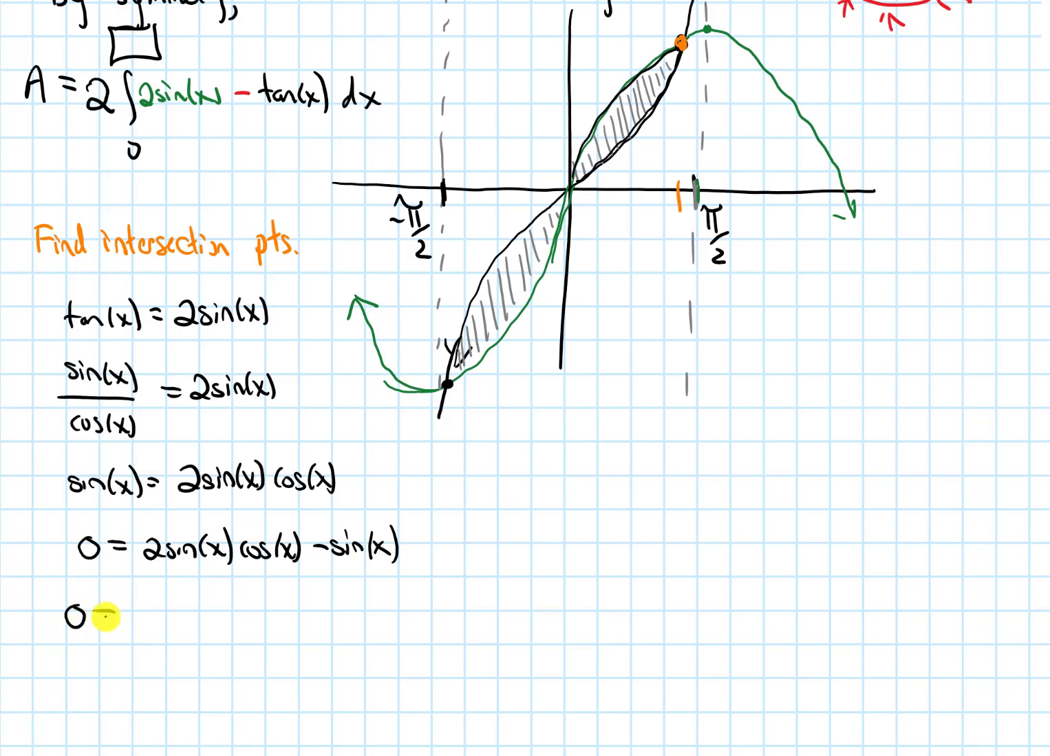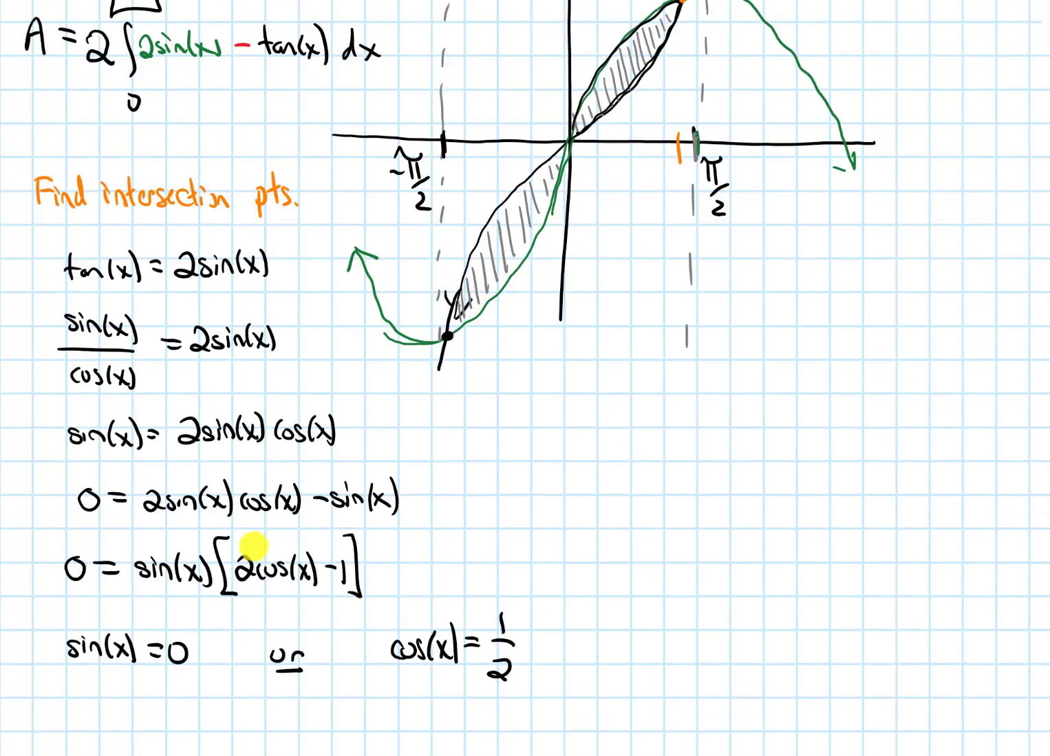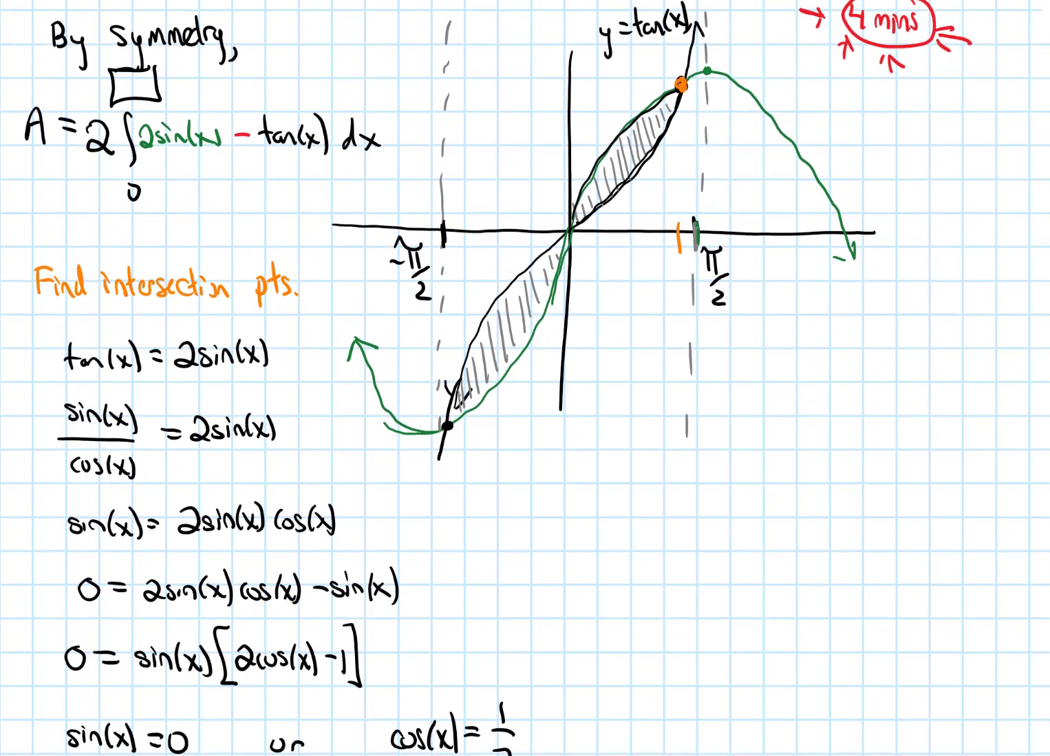And now we could factor to get 0 equals, let's factor out the sine. And then we're left with 2 cosine x minus 1. And from here, either sine x is going to be equal to 0 or the cosine x is going to be equal to 1/2. So on our interval that we're looking at, x is in between negative pi over 2